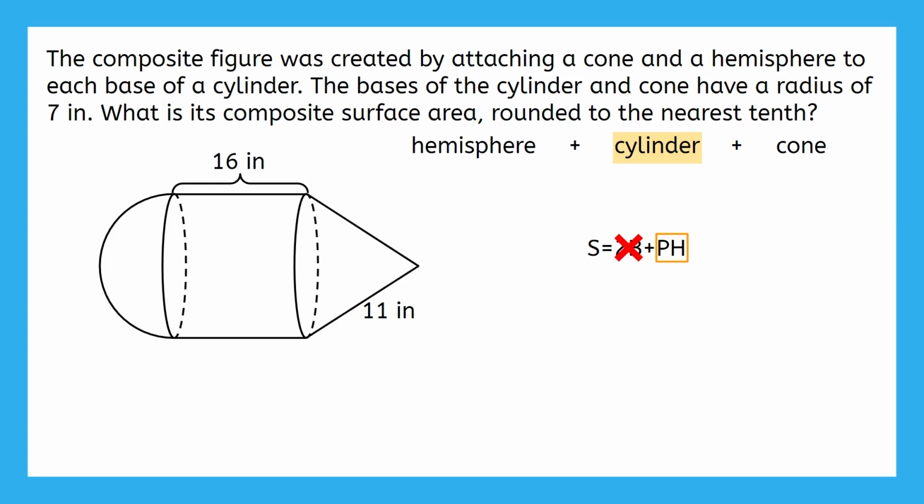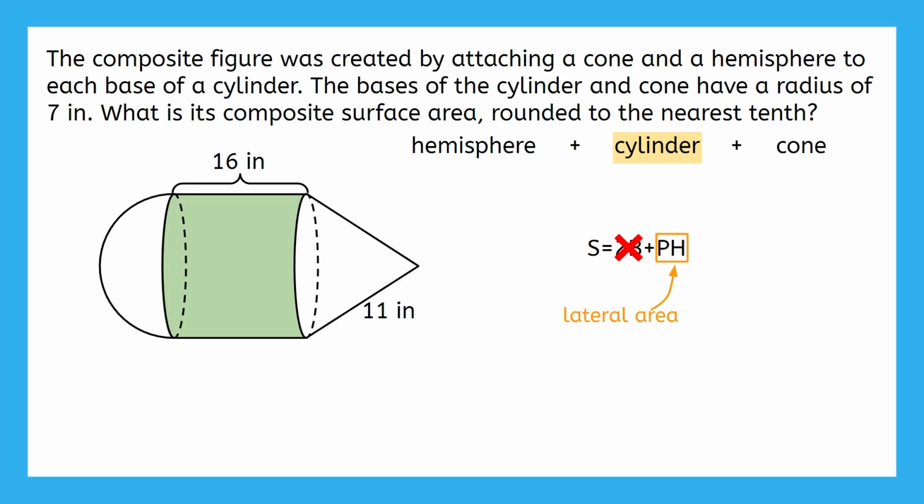What does this represent in our cylinder? This is the lateral area of the cylinder. So the area of the curved surface between the 2 bases. Is this part of the surface area of the composite figure? Is all of it included? Just some of it? The entire lateral surface should be included in the surface area of this composite figure, because none of it has been covered up by adding on this cone or hemisphere.